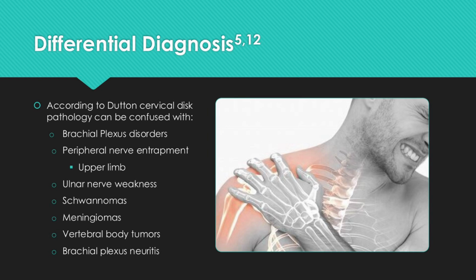The other one that can get commonly confused with this is brachial plexus neuritis, which can be viral, and when people come into clinic with this, they usually present with pain that resolves with a lot of